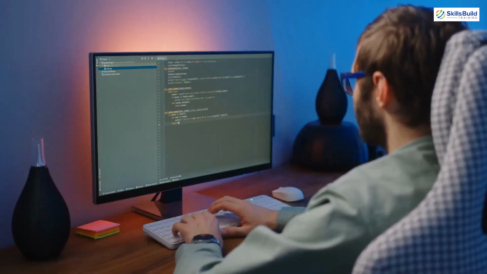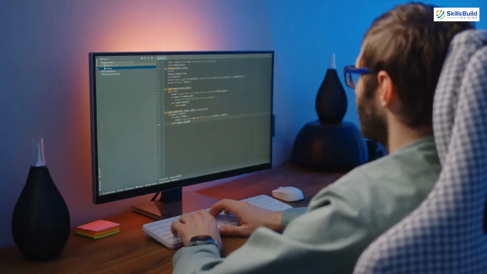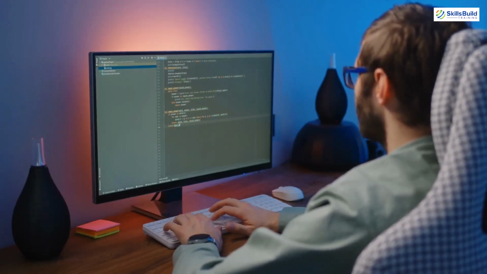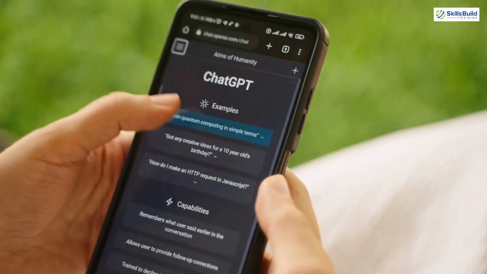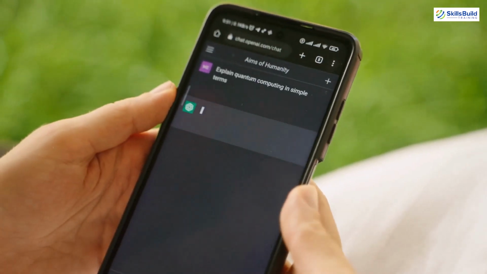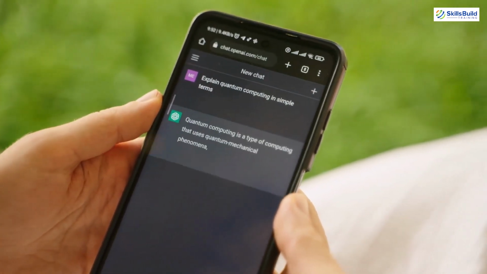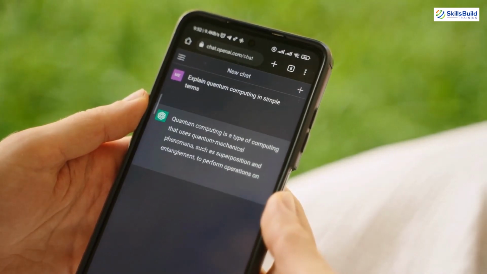You can use Python for data science, you can use Python to create different applications, different programs, or even you can use Python for different scripting. So we'll see all of these scenarios and we'll see up to how much extent ChatGPT can help us. First of all, we'll start with general questions, then we'll see what kind of response we get from ChatGPT, and then we'll move towards some of the specific queries.